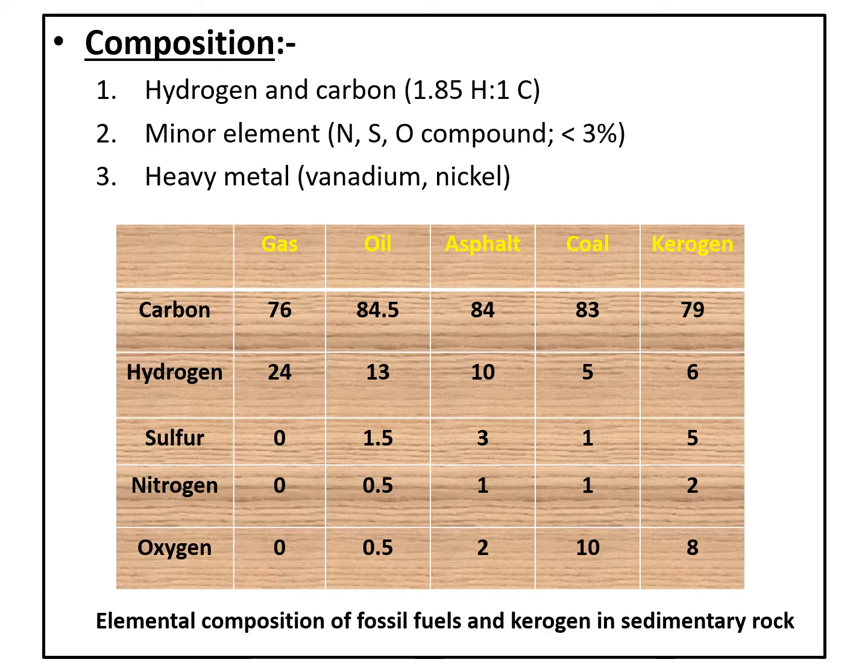Petroleum also has minor elements, which are nitrogen, sulfur, and oxygen compounds that constitute less than 3% of most petroleum. And there are also traces of heavy metals such as vanadium and nickel in the crude oil. So this table